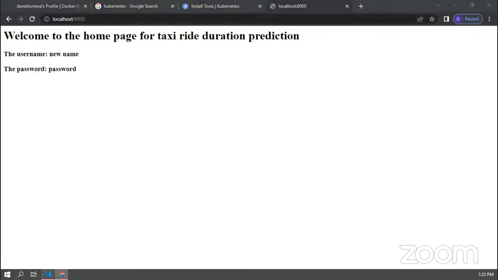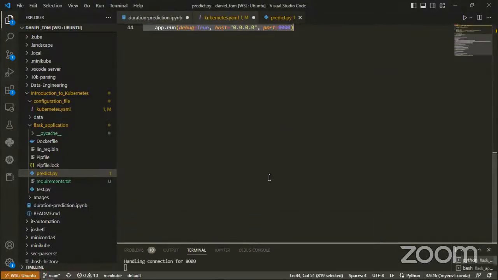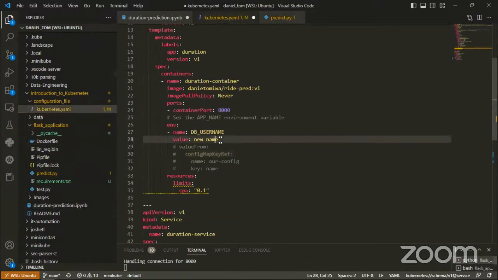If I change this environment variable in this place to something else, say new